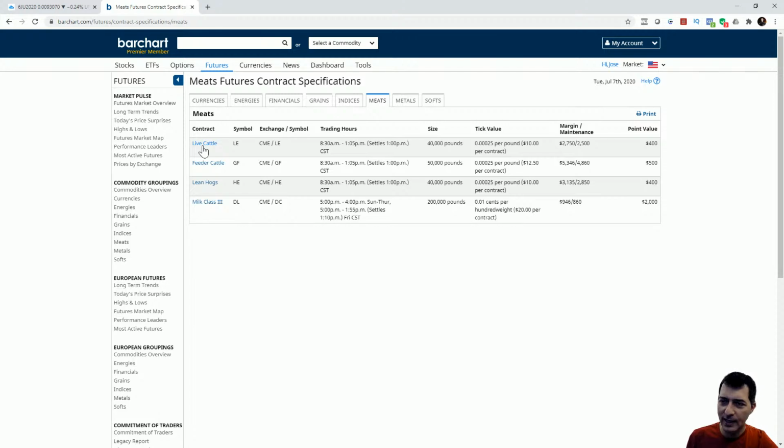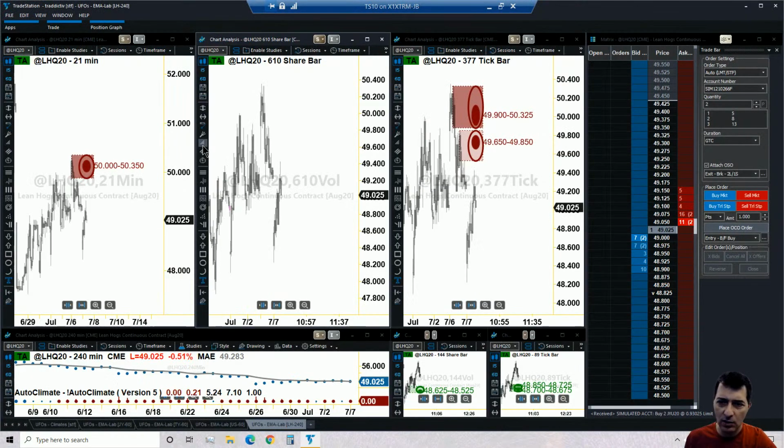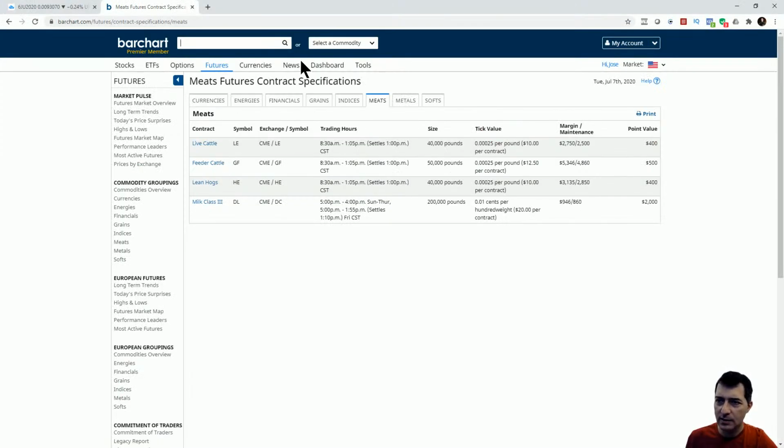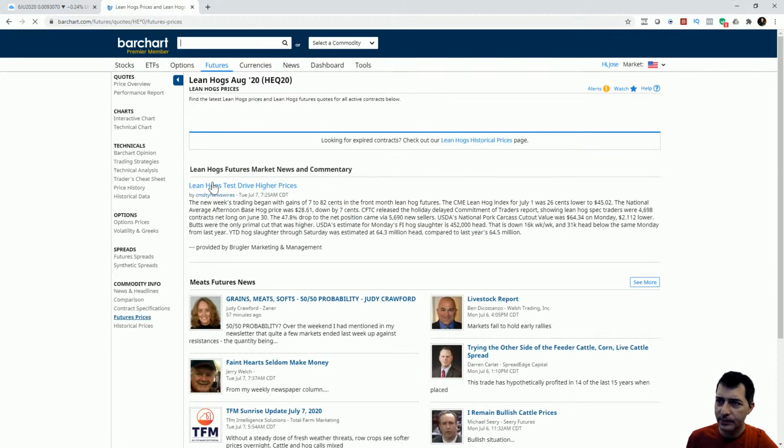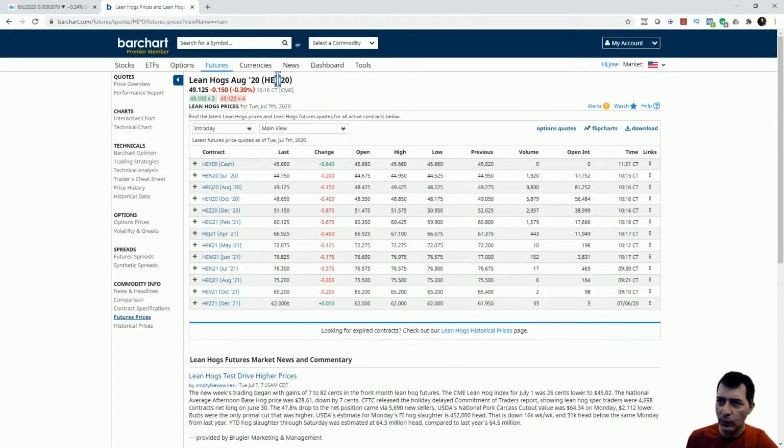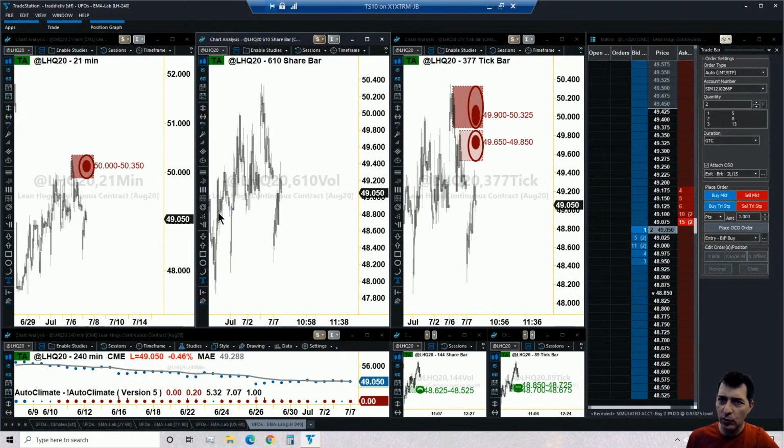Is it live cattle or lean hogs? I think it was lean hogs, right? Lean hogs, yes. So let's go for lean hogs. We are suggested the Q is going to be the right number. Okay, the Q should be the right number. This is the row really where we can see the greatest open interest and the greatest volume, and the letter is the Q. So in this case, we're going to take such suggestion because we agree with the suggestion. So we're going to use the Q. Okay, and I do have the Q already. Okay, so I'm ready to go.